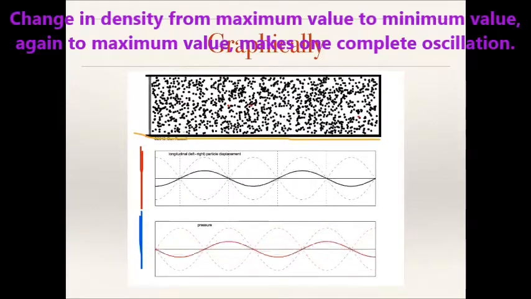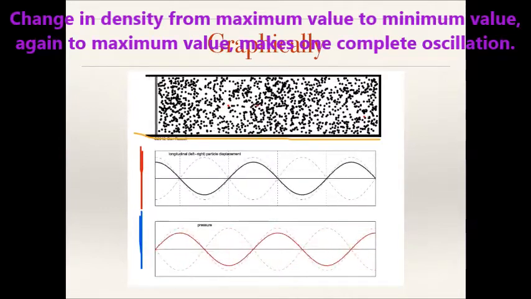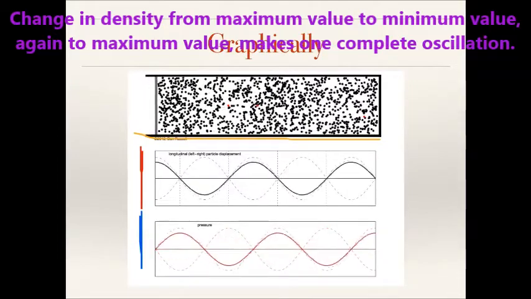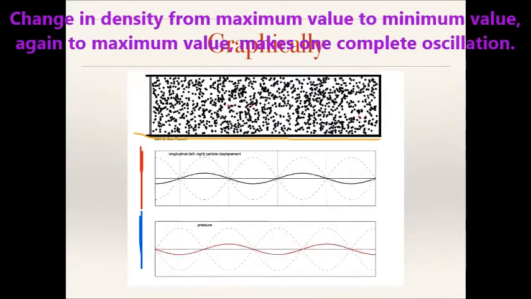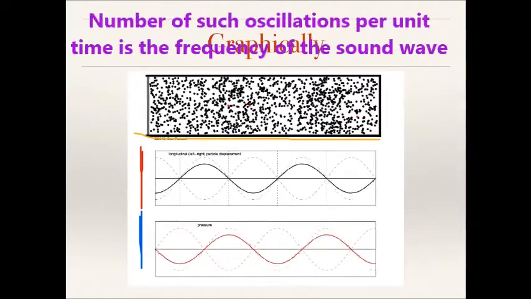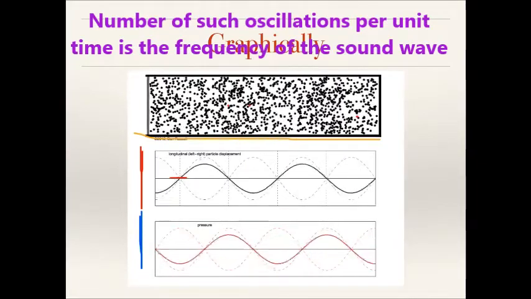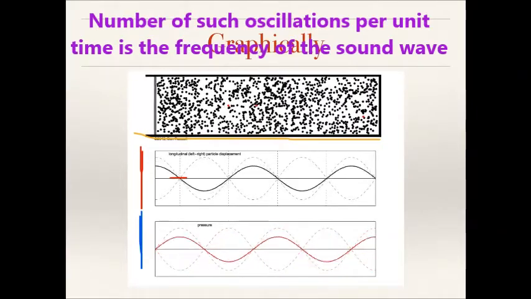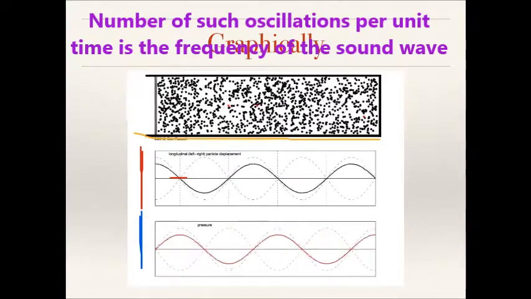Another two things to point out is that we have both nodes in displacement and nodes in pressure. A node, of course, being where the function crosses through the equilibrium position. So our displacement node, which we have right here, would represent a region where there is no change in displacement. We can see, interestingly enough, by comparing the two bottom graphs, that at a node in displacement, we have an antinode in pressure.